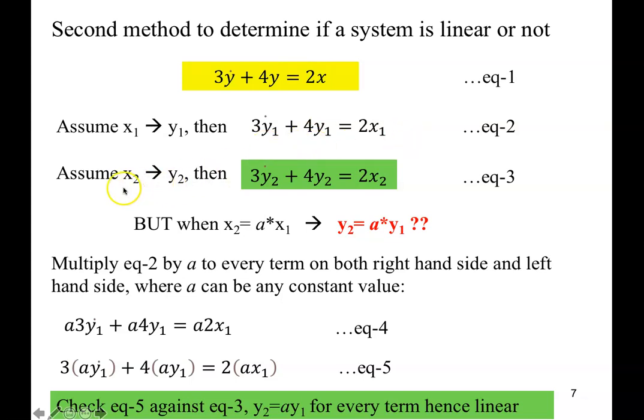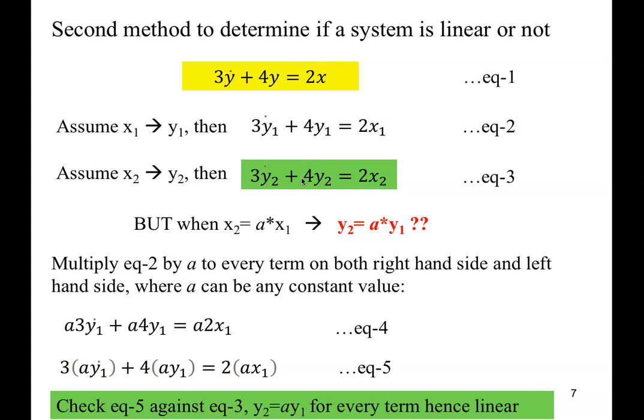And of course, if I assume a different input, x2, I will get a different output, y2. Now, that's the same system, the same differential equation, so this equation number 3 stands. So 3y2 dot plus 4y2 equals